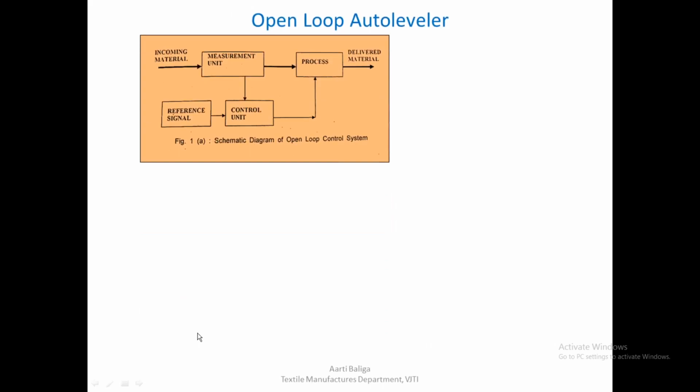So now we come to the three different types of auto levelers that we have just mentioned. So here is a line diagram which explains how this open loop auto leveler works. If this is the drafting system, or rather it's called the process, we can see that the measurement or the sensing unit would be before the process. Whatever measurement is done over here, it will sense and decide whether it is a thick or a thin place, and the amount of variation is passed on to the control unit,